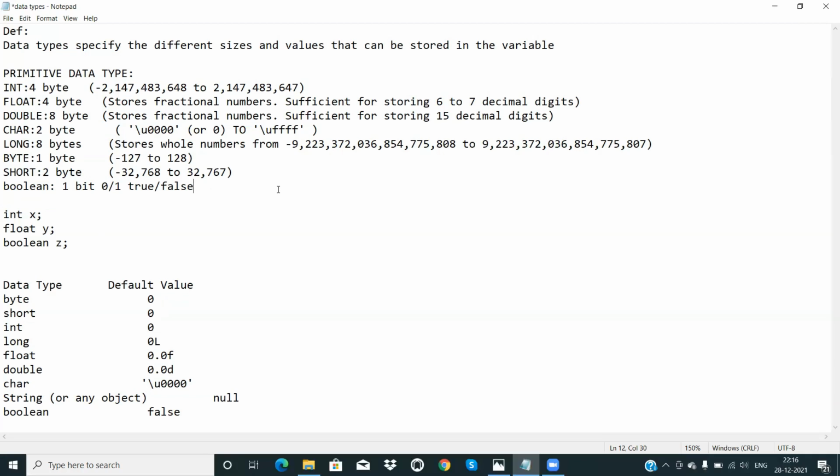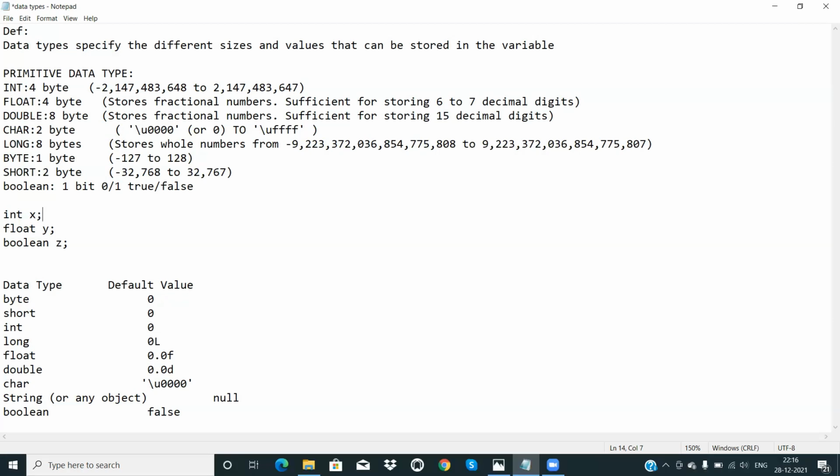Let's see another aspect: Java always saves some default value if you do not define any value for the data type. Suppose I am not saying integer x is equal to 25, then Java will say integer x is equal to 0. So it will be the default value.